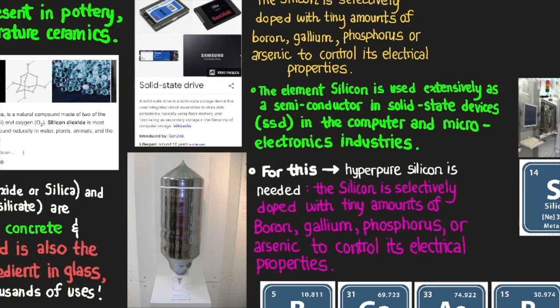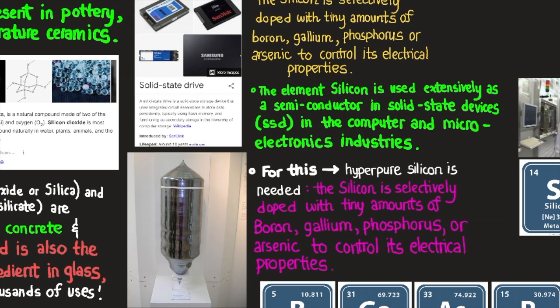So in order to get the silicon crystals and to get the silicon wafers, we need to crystallize everything, get it into a pure crystal, and then cut up the crystal and then shape each individual unit of that one crystal one by one to create the various chips. So for this, the silicon is selectively doped with tiny amounts of boron, gallium, phosphorus, or arsenic to control its